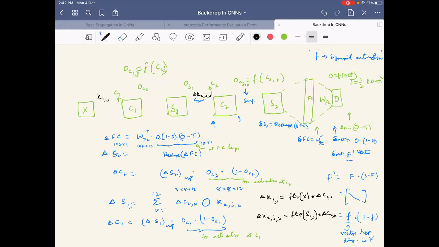This is how you have the back propagation equations written, right? Once you understand, it is quite easy or simple to write back propagation even in a very deep network. As you can see, there are only a few operations, like subsampling or pooling, then convolution and multiplication in the forward path. In the backward path, we have the same operations, just that subsampling may become upsampling and unpooling, but all element wise operations.